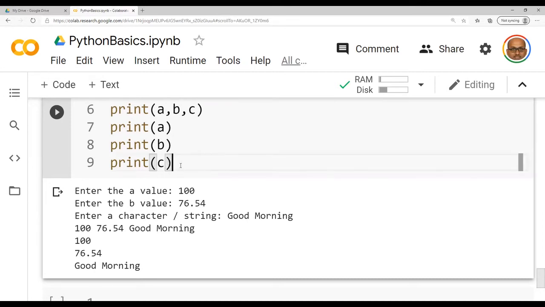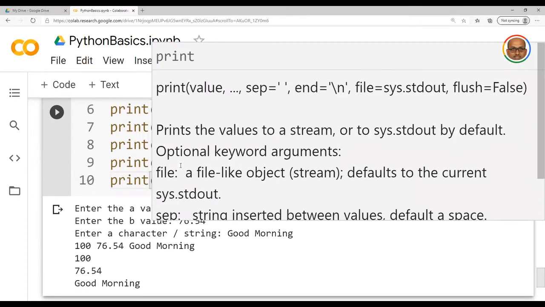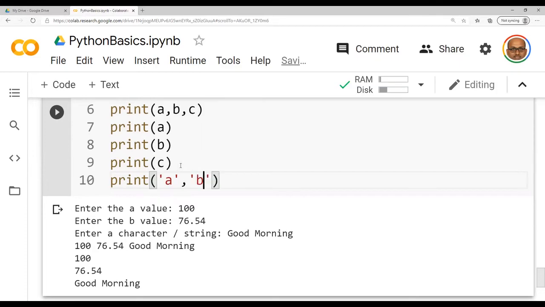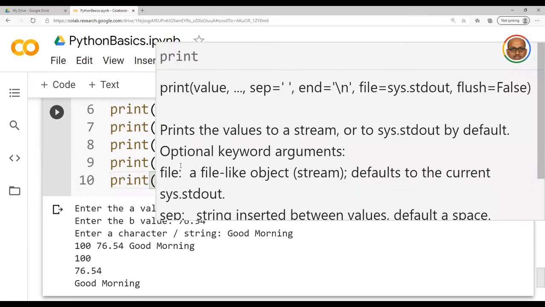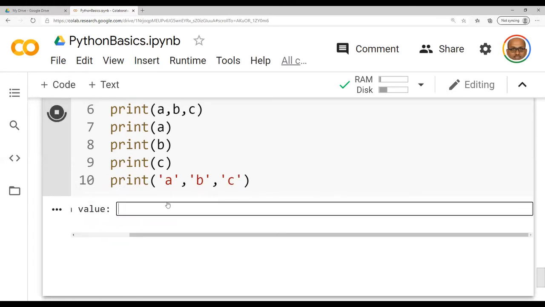I do have one more doubt. I am issuing a print statement like this. Unfortunately, instead of A comma B comma C, I have printed A, B, C, everything in single quotes. Now let us run the same thing here.